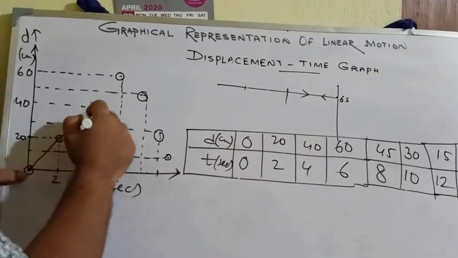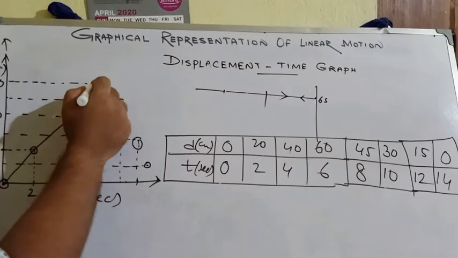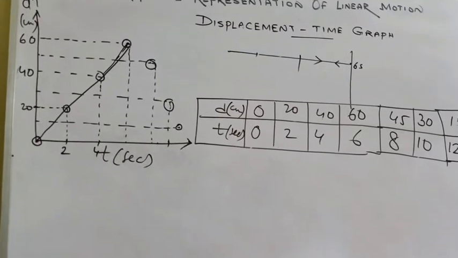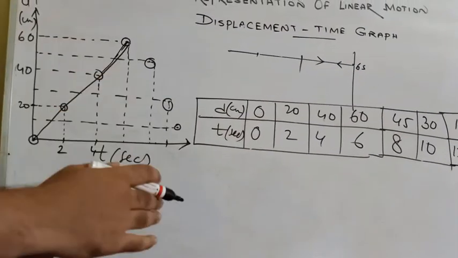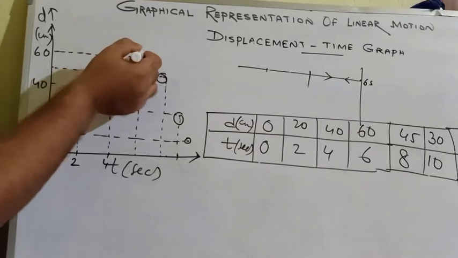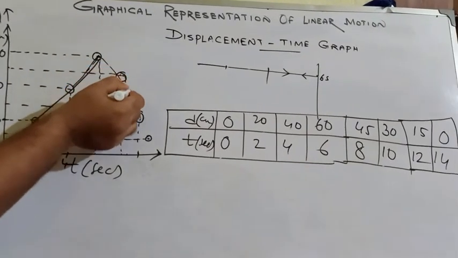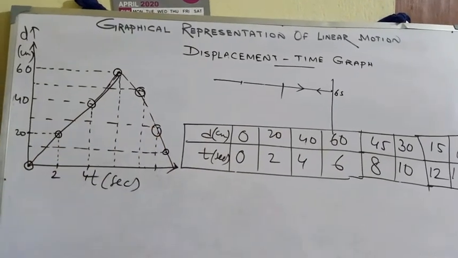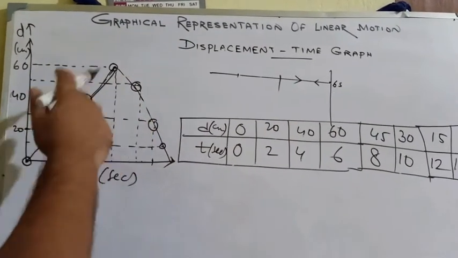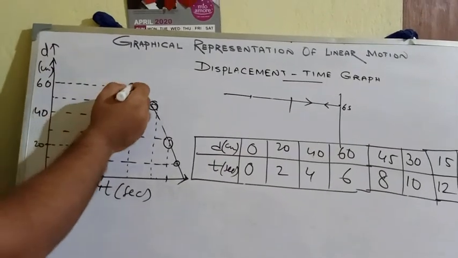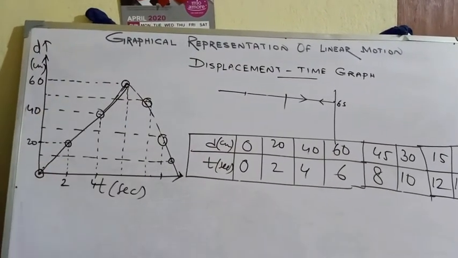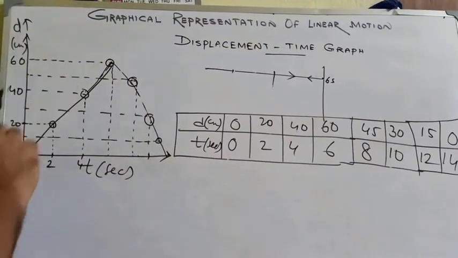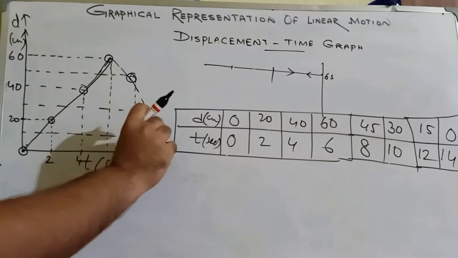So if you draw the graph, it will be like this. Okay. And then again it is coming back to its initial position. Clear? So here I have drawn a freehand drawing. That's why it has not touched all the points properly. If you draw with a scale, the line will touch all the points here. Clear?